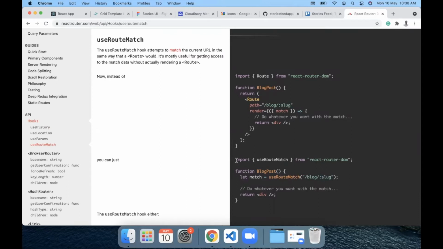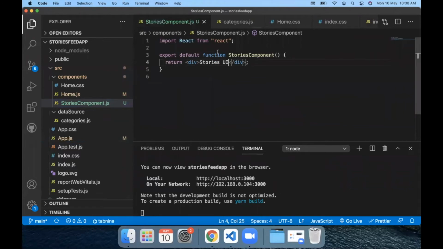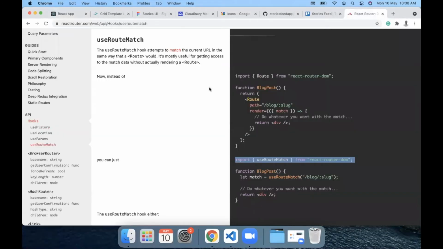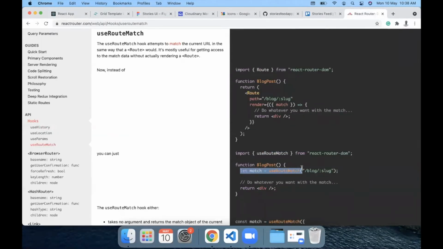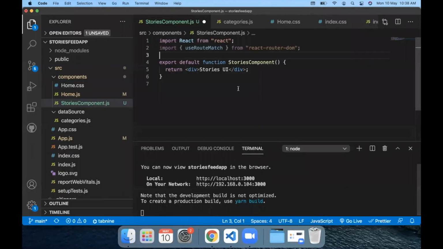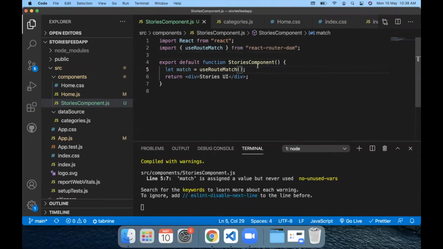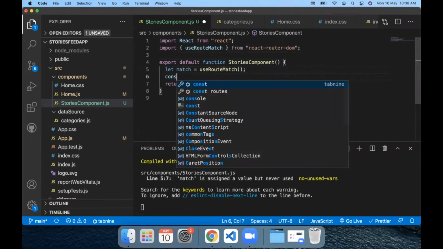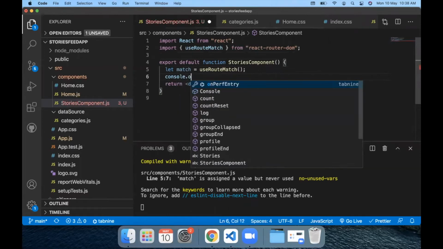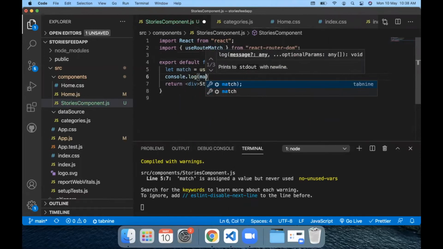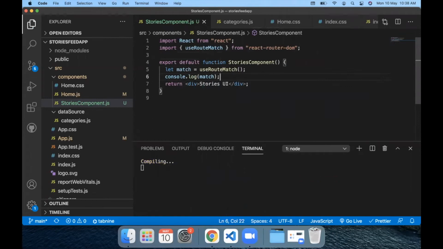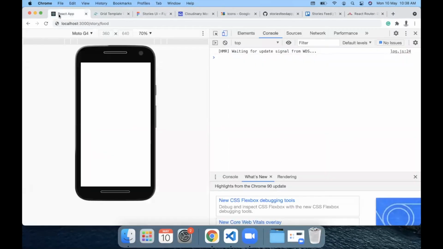So let's import useRouteMatch from React Router DOM in our stories component, then initialize this match variable. We don't need to pass the address. It will show the match component directly. Let's try to log the value coming in our match route in the stories UI.